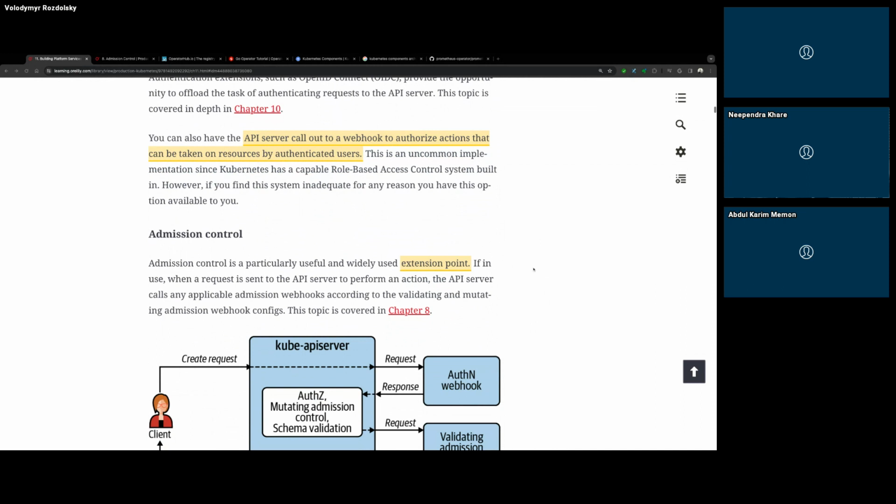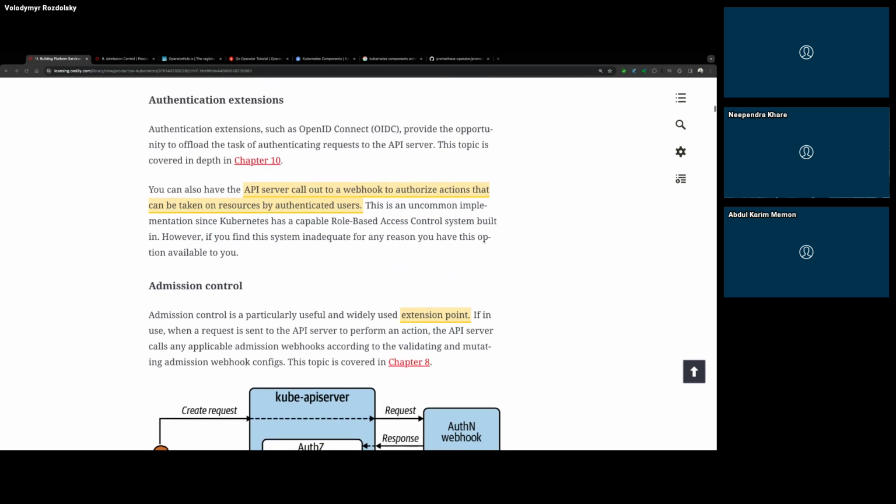We had a session with Carlos a little bit on how to develop custom automations for your Kubernetes to extend on everything. Here they just cover it very briefly, since it was covered extensively in other chapters.